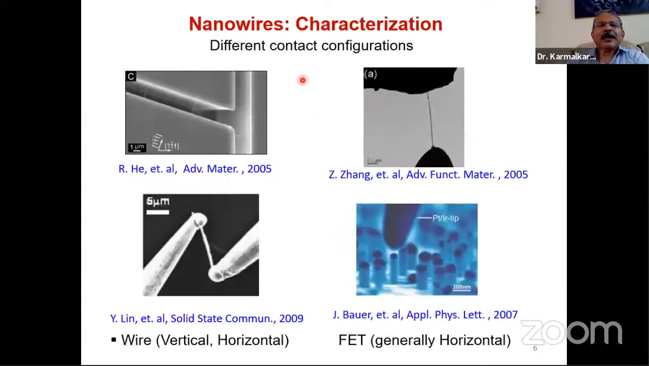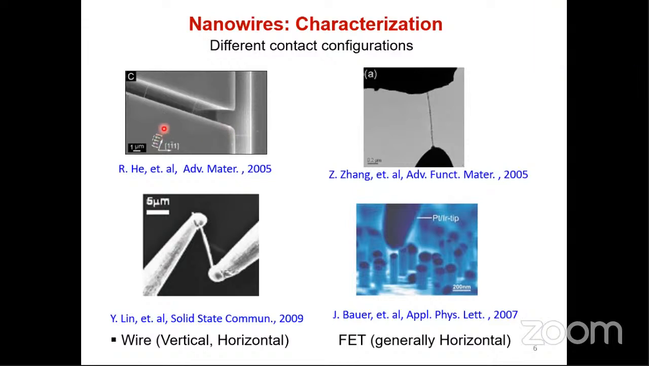Okay, now we talked about the contacts and so on. So I am now telling in practice how contacts between wires and other regions are made and how they look like. So here is...